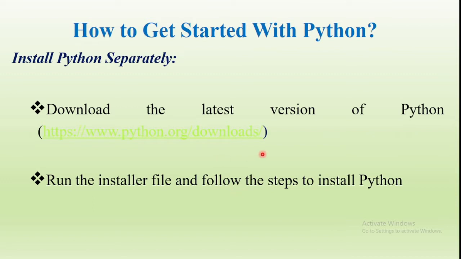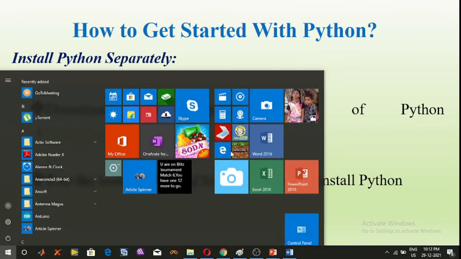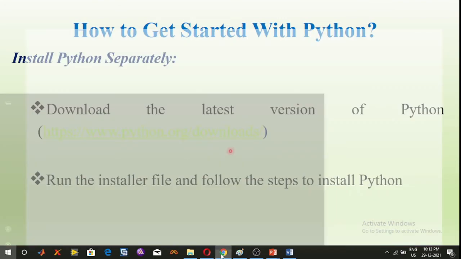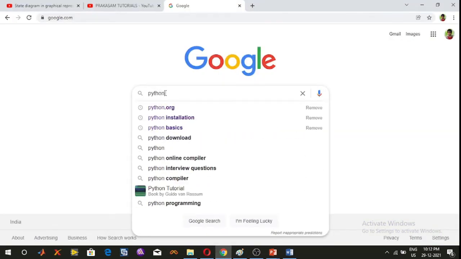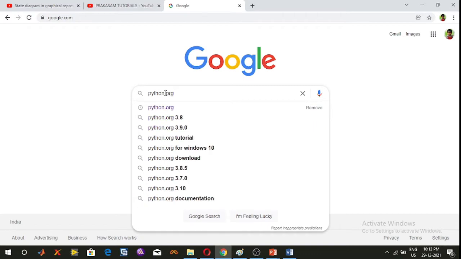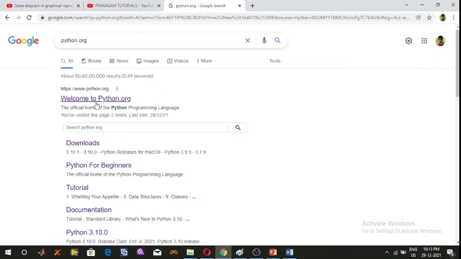First, download the latest version of Python from the python.org website. Open the browser, type python.org, press the enter button, and click on welcome to python.org.